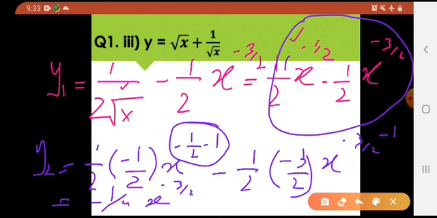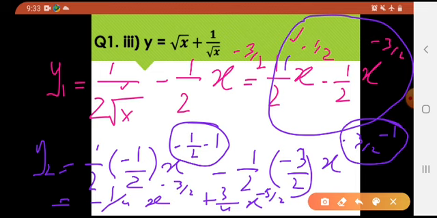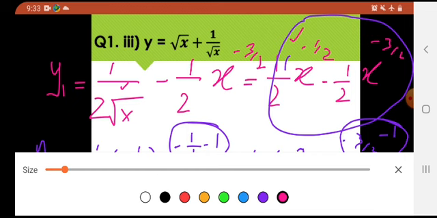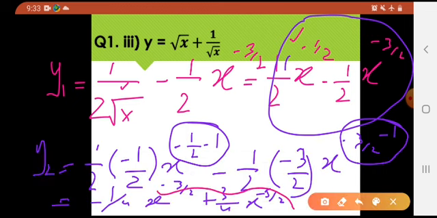I solved by taking the LCM of these two. It is minus 3 by 2 into, what is minus 3, this into this, plus 3 divided by 4 x raised to the power minus 5 divided by 2. How? By taking LCM of these two. Okay. So now this one in the last step is your answer of y2.